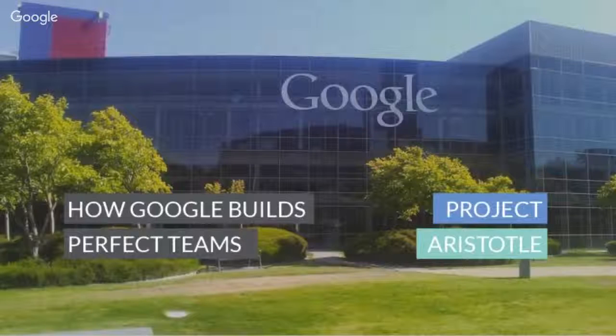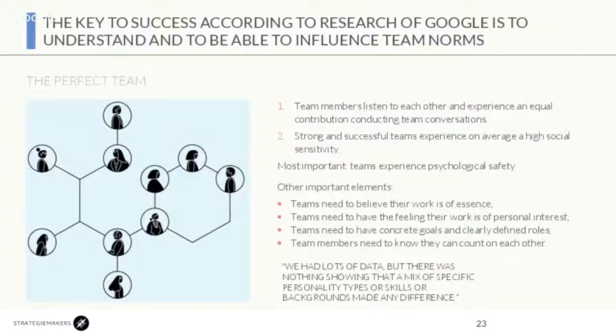What makes a team more efficient, more effective? What makes it more fun to work for? That's the beginning of Project Aristotle. They've published a lot of it, and we tried to summarize it on one slide when talking about the success of teams, but also team effectiveness. What you see there is that the ability to influence team norms is really essential, according to Google. So what they are working on right now is creating perfect teams over and over again.